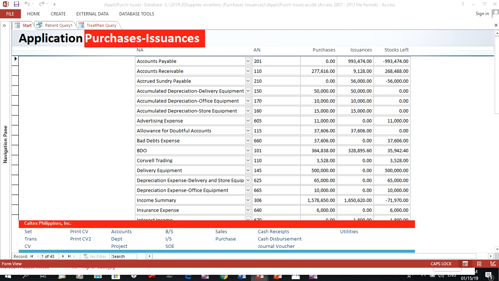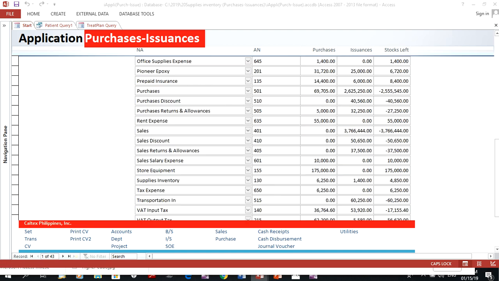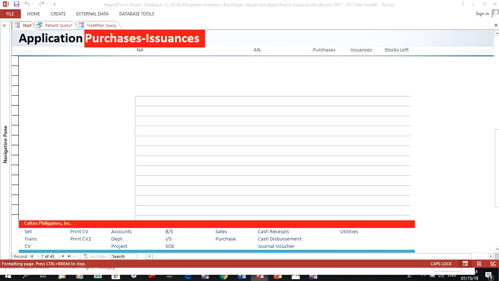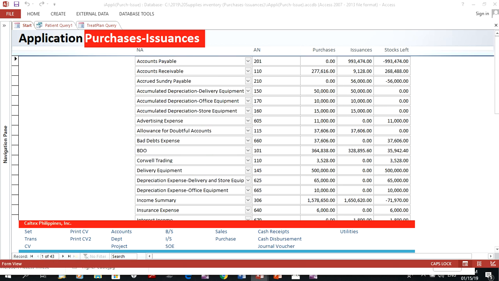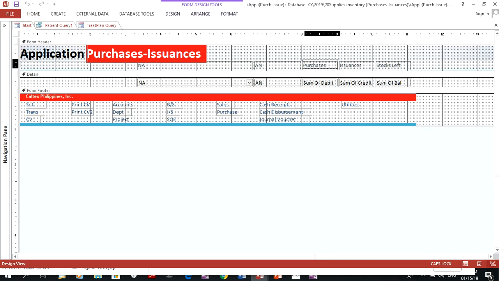Basically, what we have here is a summary of purchases and issuances, and this could be stock inventory items or supplies inventory items, or maybe a summary of debits and credits, in which case these are all user defined. All you have to do is modify this and say these are debit and credits, or